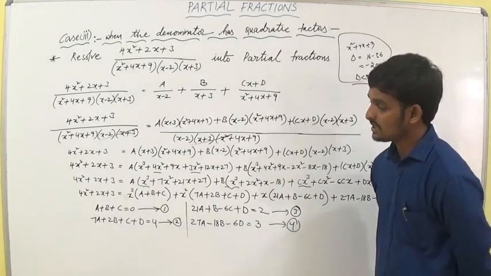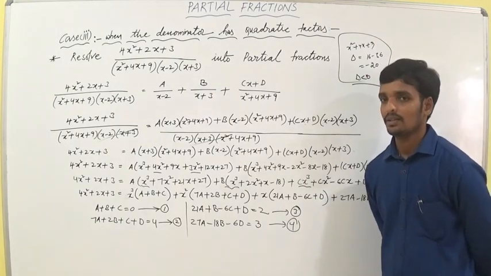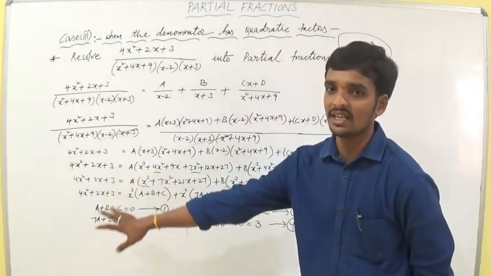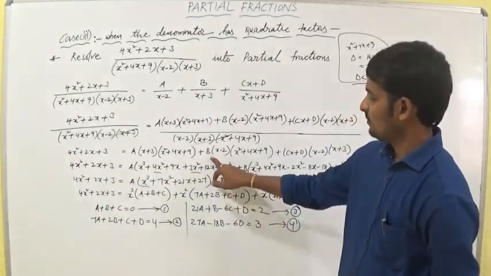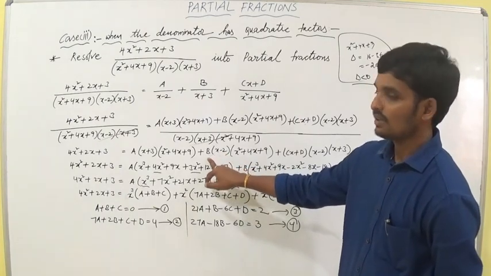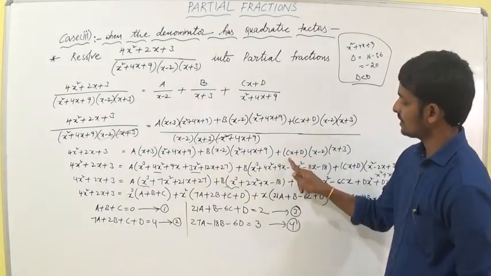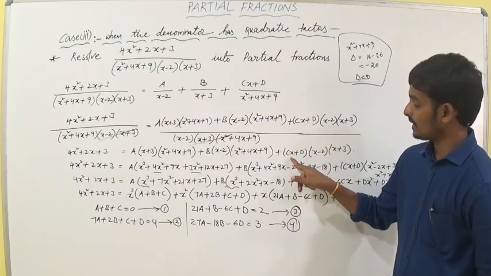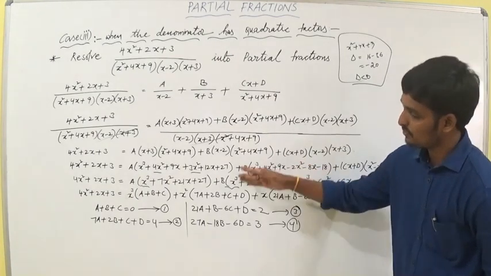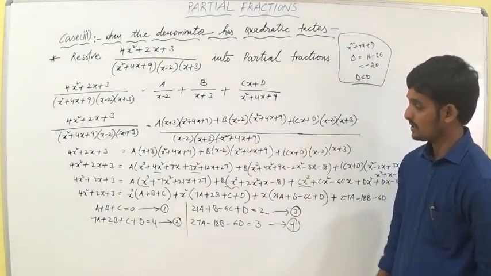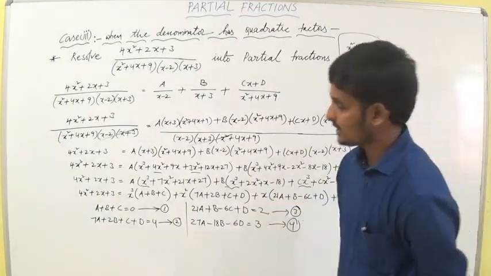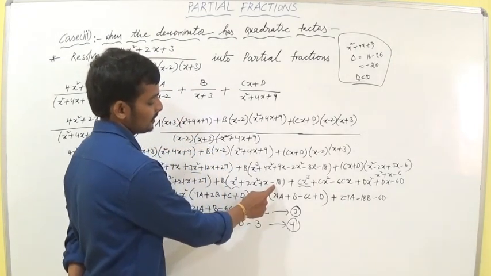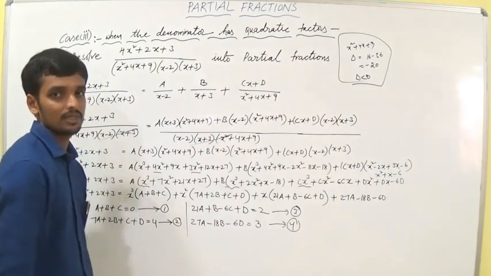How can we solve? Is this method easy or the previous method? If we substitute x minus 3, you easily get the value of A. The same way, if you substitute plus 2 here, we get the B value. So how can we get C and D? We are not getting the values of C and D. That's why we are using this method. This method is somehow long. If you write anywhere, for example here minus 18, if you write plus 18 here, we are not getting the correct values of A, B, C, D, E.